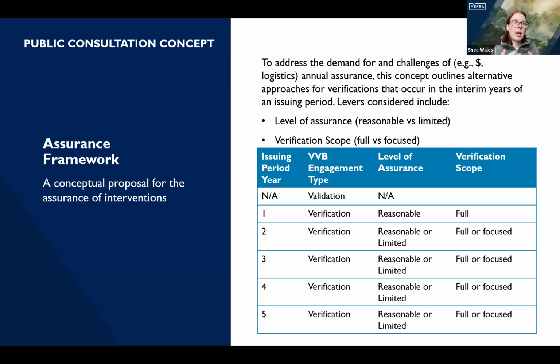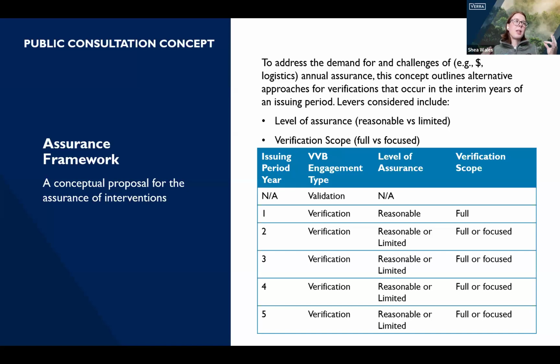So one of the major ones is that reporting companies need to be able to report out annually on their emissions, and to be able to track progress towards their goals, their targets, etc. So we need to be able to facilitate annual assurance in our program in order to be successful at this time. And so this assurance framework and concept is really trying to walk that line and find that balance between enabling annual assurance in a feasible way, but also ensuring that our program is still maintaining a high level of integrity. So some of the levers that we've been considering and that we were proposing with this concept is